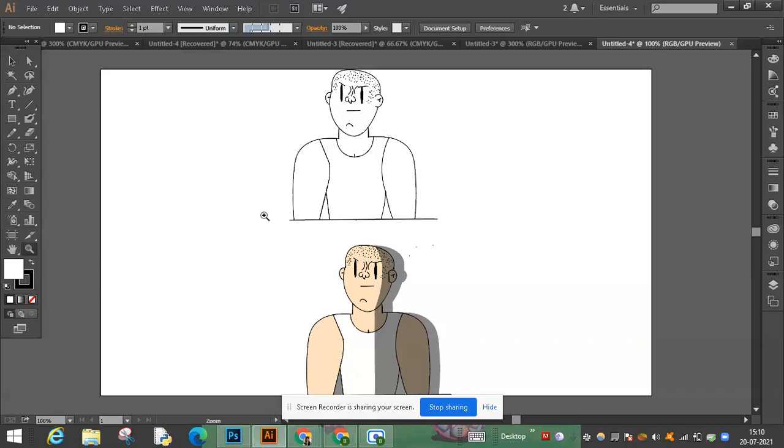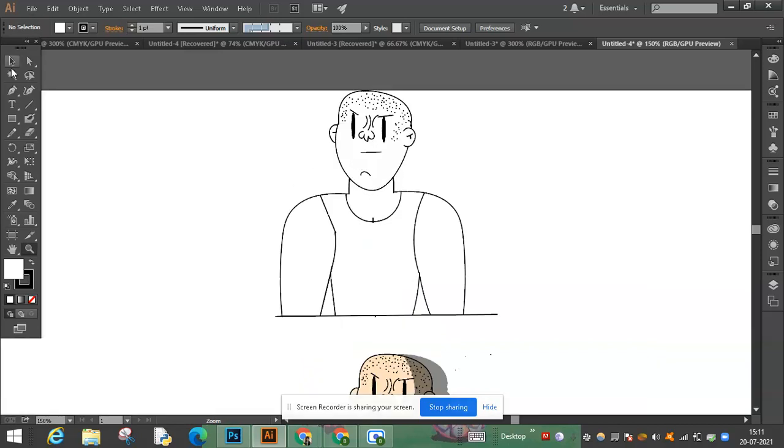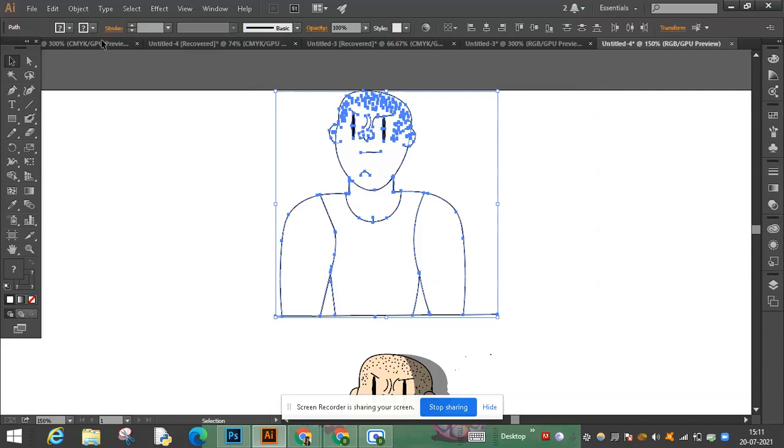So let's just begin. First select the whole drawing, the whole sketch, with the black arrow tool here, and then go to the live paint bucket tool, which is under the shape builder tool, and click on it.